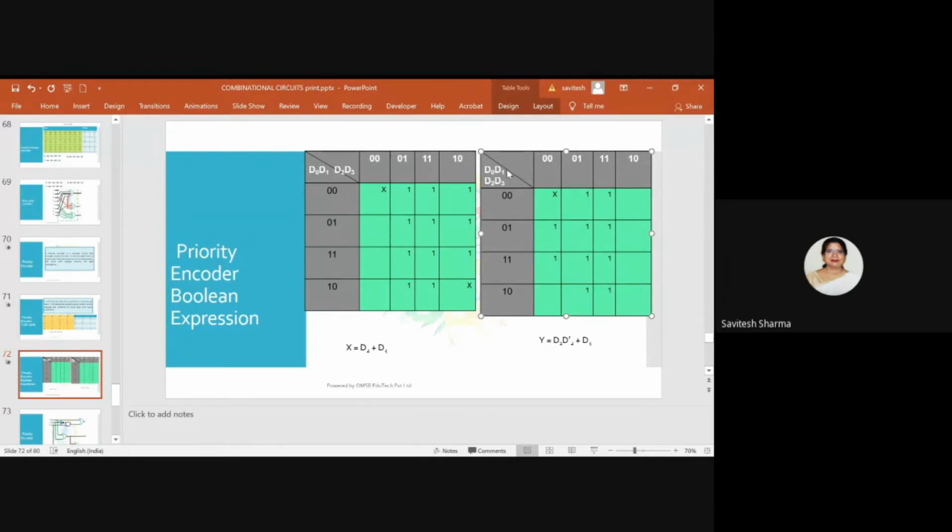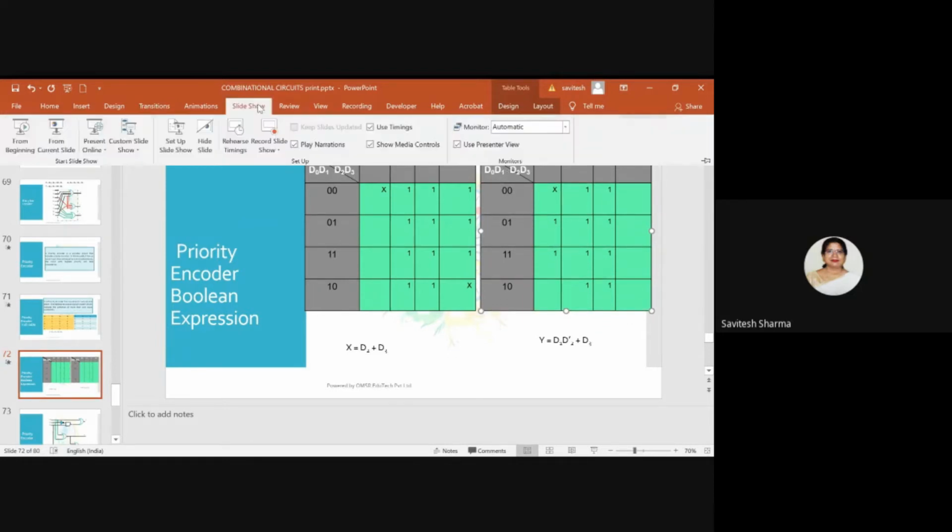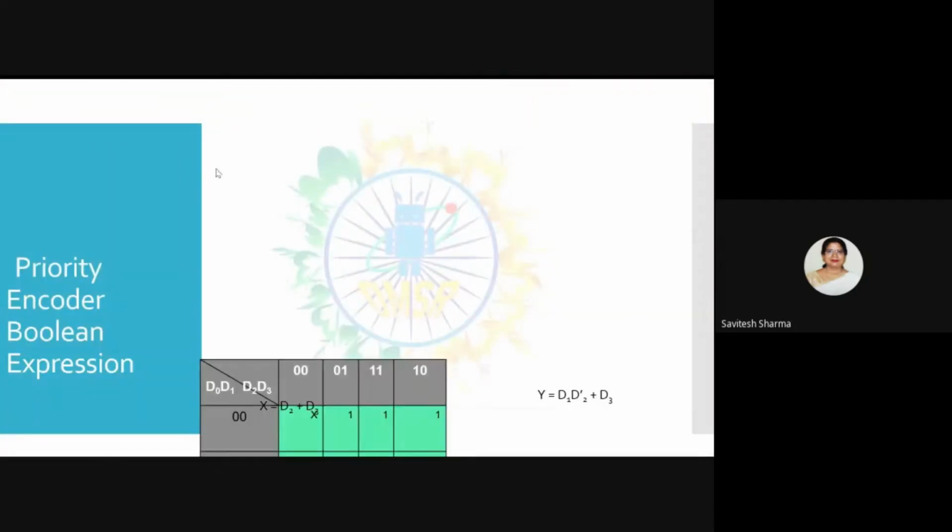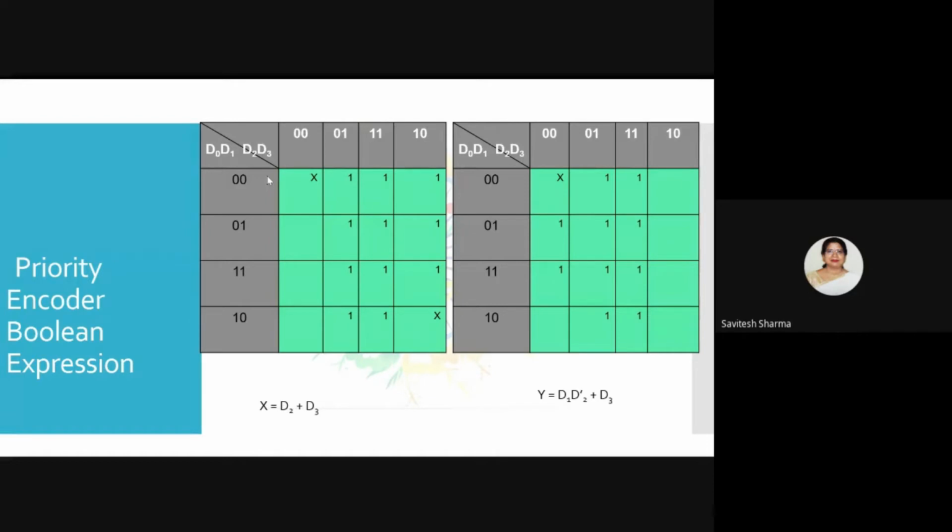The point you need to take care of here is how to draw the K-map. You see some don't care cases are there. I will add those cases and try to generate the minimum expression. What will be the expression it will generate? You see, an octet is forming. Corresponding to this octet, I will write one term.